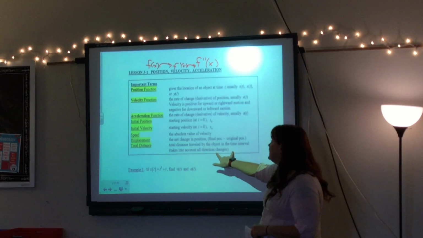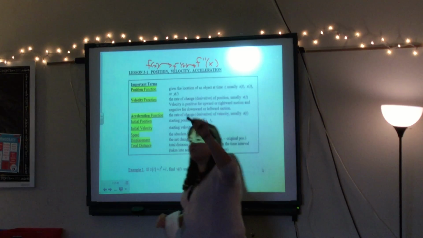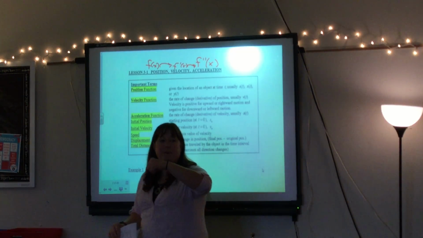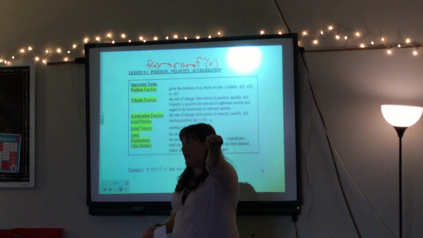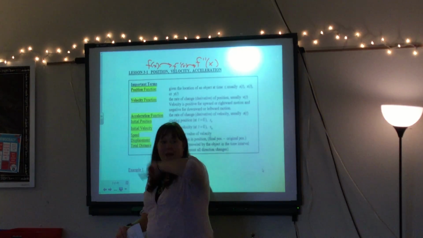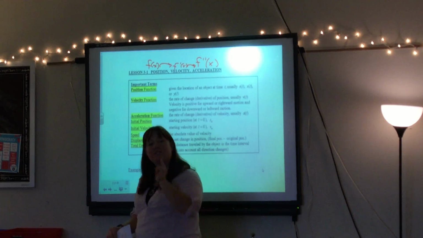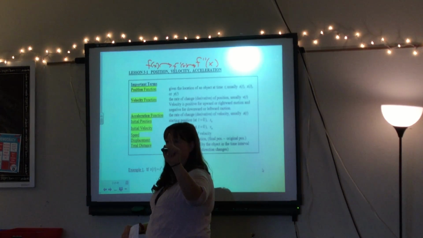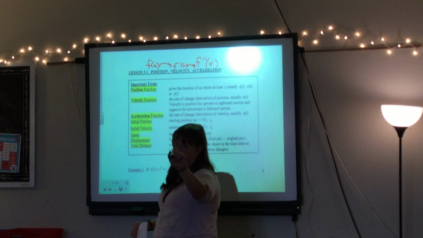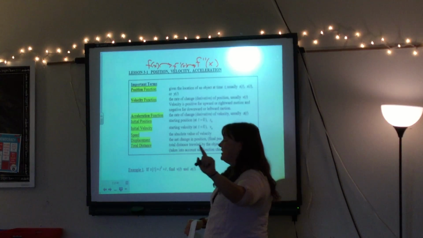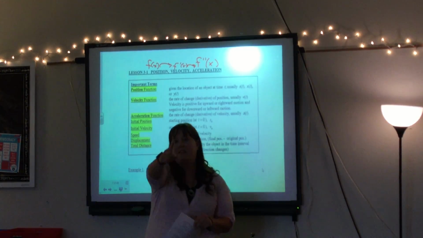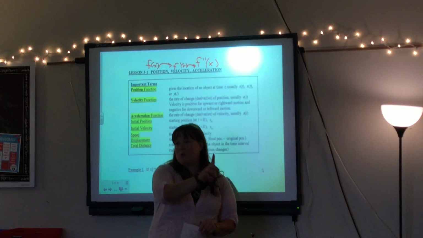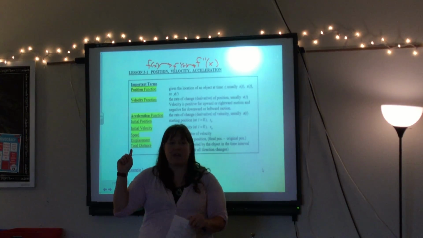And then the total distance traveled, though. Imagine this: I start at home, I get all the way to school, and my kid calls and they forgot a super important thing, and I drive into Independence and drop it off, and then I drive back out here. Although I'm still only 8 miles away from my house, what's my distance traveled? A lot more than 8, right? But your displacement's still 8. Displacement is 8, but my distance is whatever I traveled. So it's the 8 miles here, the 10 miles to school, and then the 10 miles back, whatever it is.